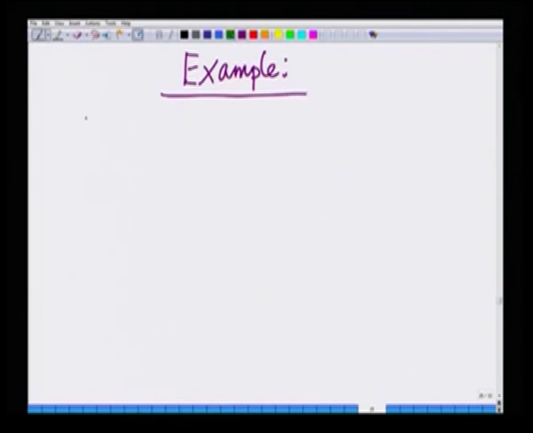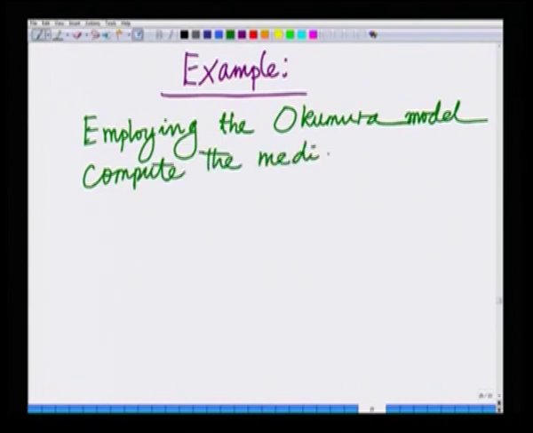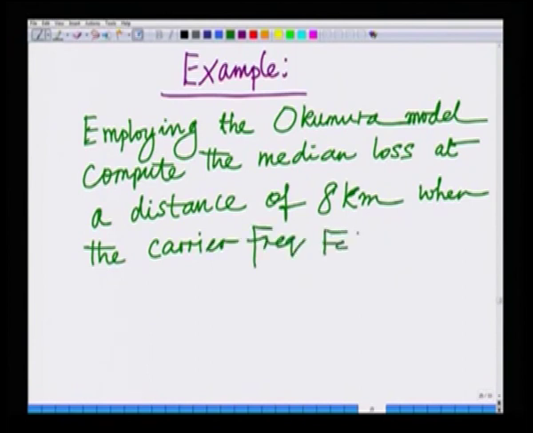The example we are going to consider is as follows: employing the Okumura model, compute the median loss, which is nothing but the L50, at a distance of 8 kilometers when the carrier frequency F c equals 2.1 gigahertz,